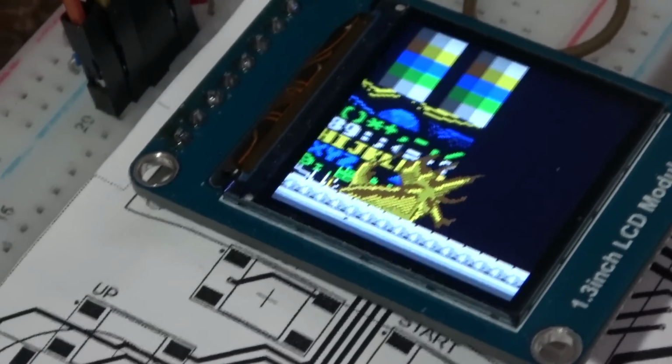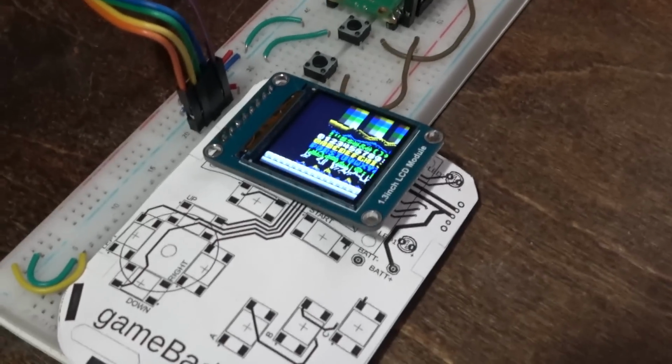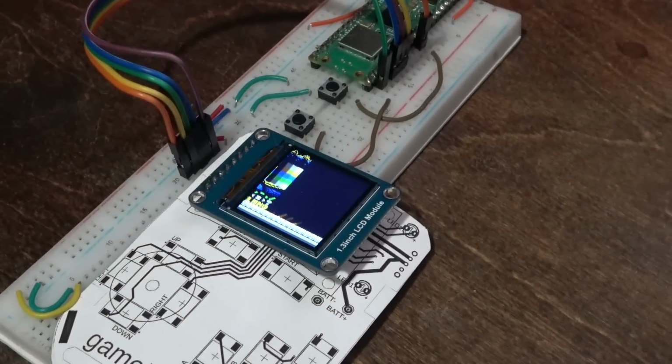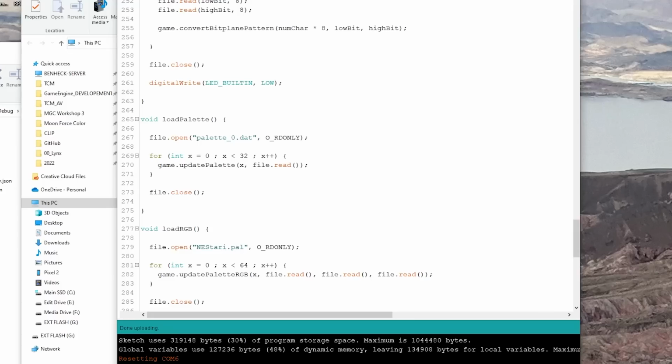So yeah, let's talk about how to create the graphics. These first few videos aren't going to be about assembling it, because obviously I haven't gotten the prototype PCBs in yet. They're going to be about basically how the graphics are done. Let's get started. The last couple workshops I did with the Game Badge, everything was programmed in Microchip Studio, which